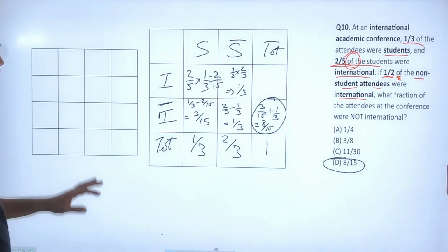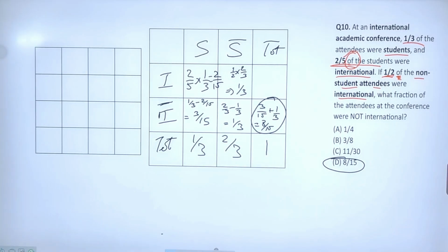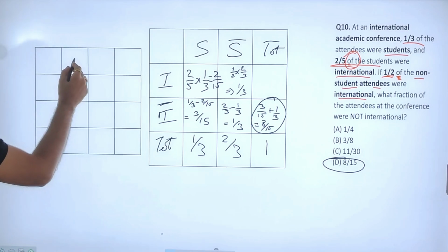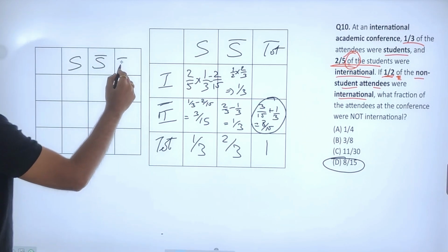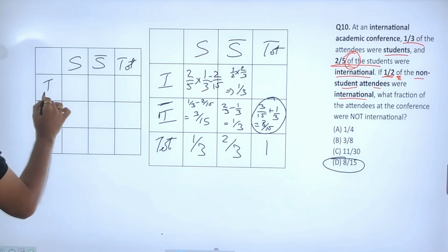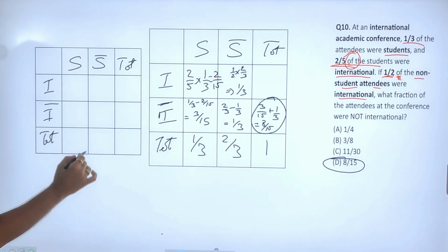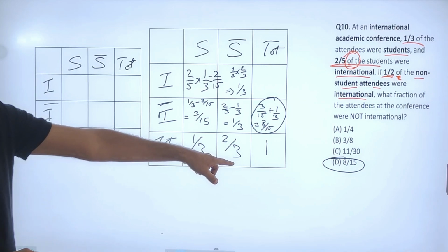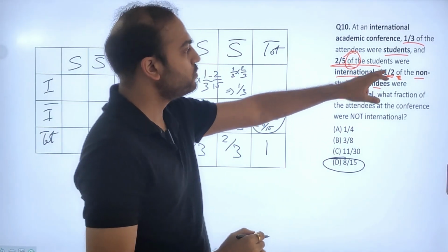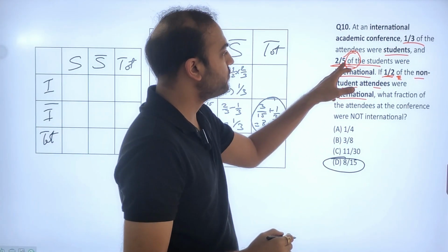I hope you are able to see this. Again we have students, non-students, total, international, not international, total. Now instead of taking the total as 1, I'll simply take the total as a value that is divisible by 3, 5 and